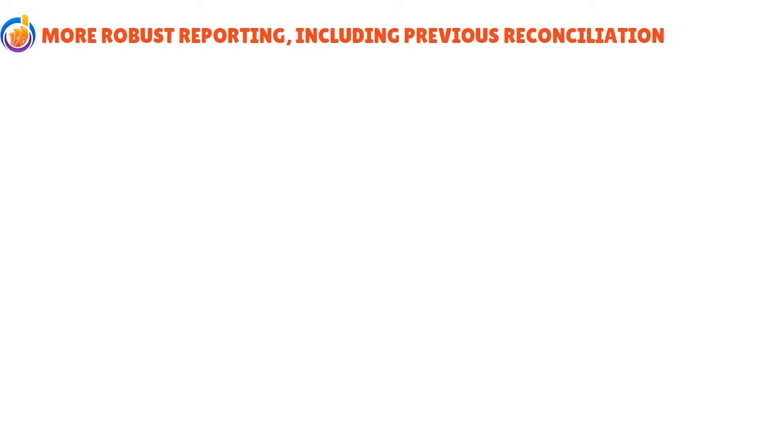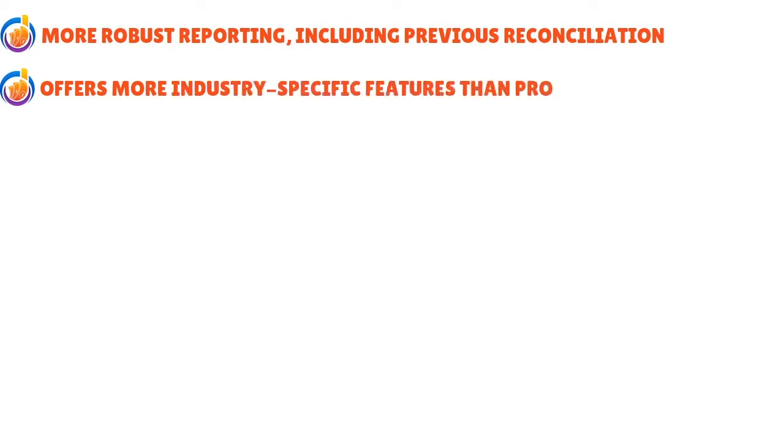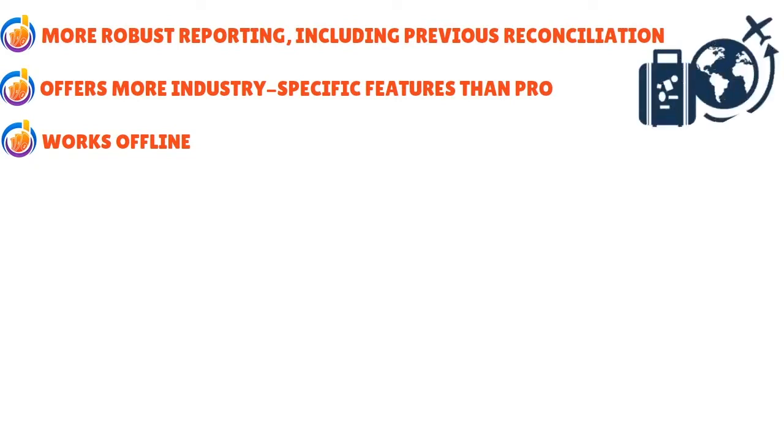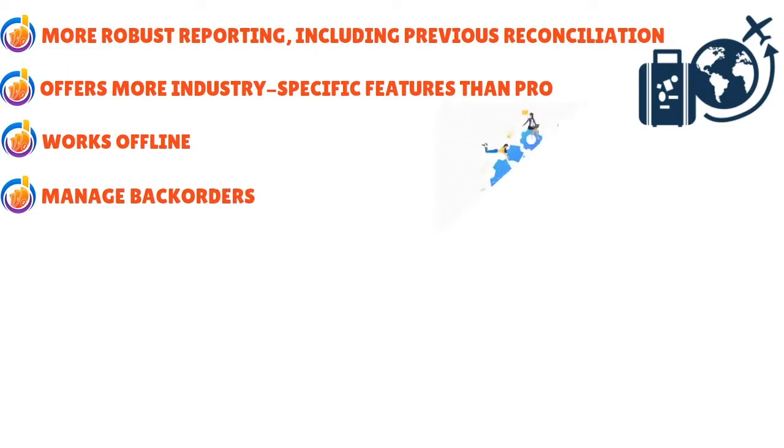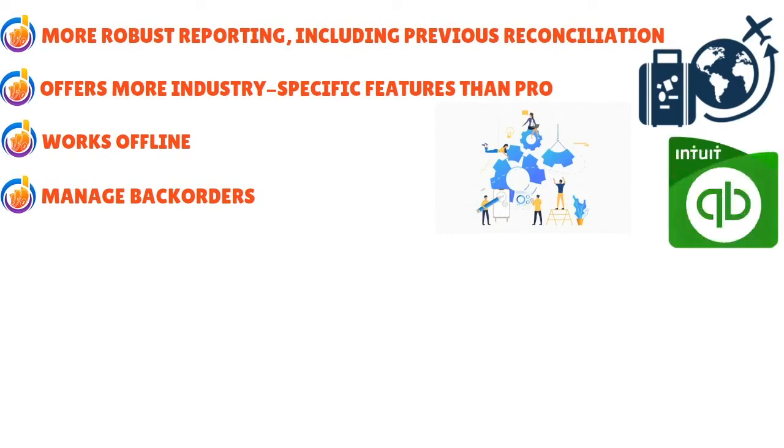And we also love the fact that QuickBooks Premier offers more industry-specific features than Pro, and you are able to work offline. So if you happen to be in an area where you don't have signal and something happens, or you just lost signal, you don't have internet, you are able to work, not a problem. And you can manage back orders through QuickBooks Premier. Again, when we talk about operational flexibility, operational capability, operational efficiency, QuickBooks Premier seems to give you more in